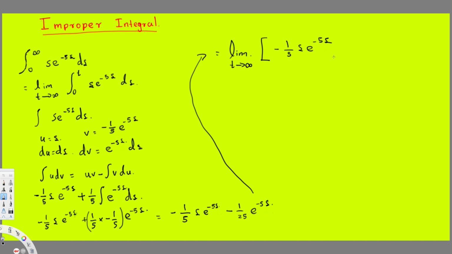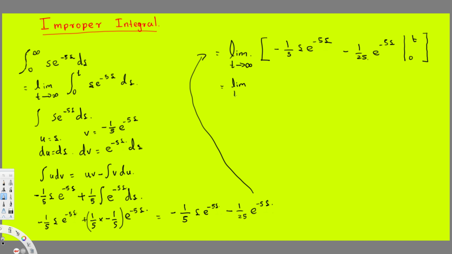Then we have minus 1 over 25 e power minus 5s again. That is from 0 to t. Here, this one, 0 to t, and this is our integrated form. Now what we try to do is apply this t, but before that let's write this